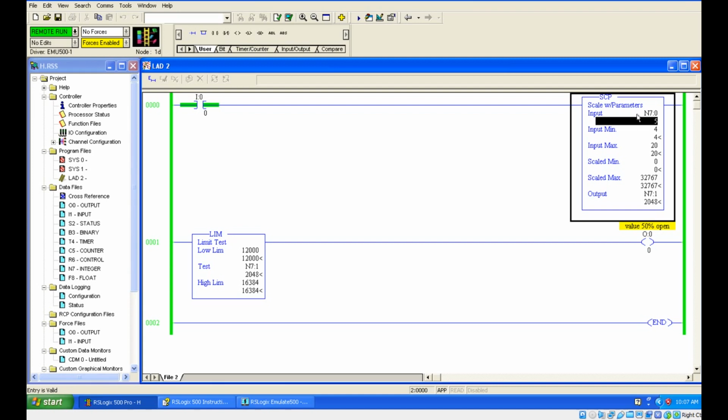So now just give 9 or 8, 9. Okay. Still it has not reached our 12,000. So let's give 10. Yeah, it has reached 12. Okay. So that means what? In this case, your valve should be 50% open.